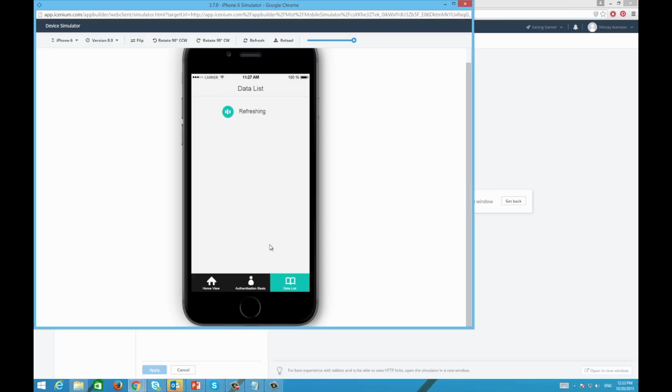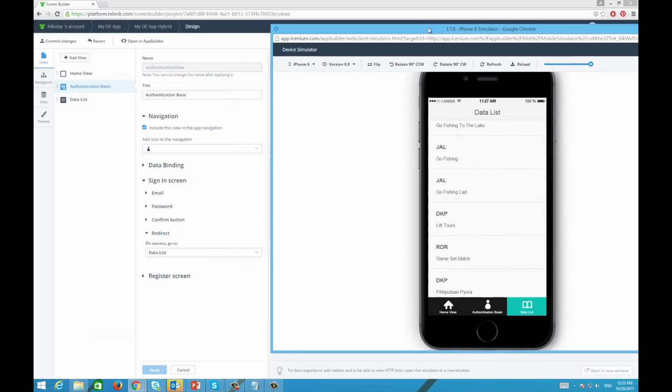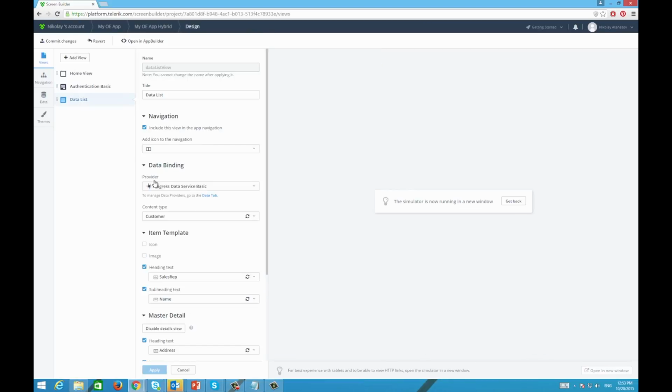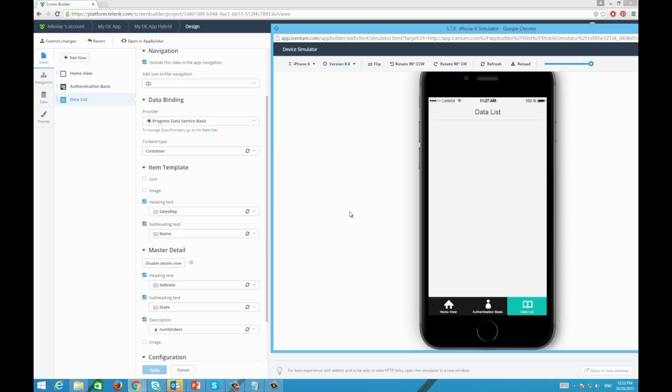Now I'm going to be redirected to the data that's coming from my Progress Data Service Basic provider. As I told you, this is more of a dummy data, nothing real-life, but these are the details that we wanted to see in the data list. So we had the data list configured in a way that we wanted it to show us the